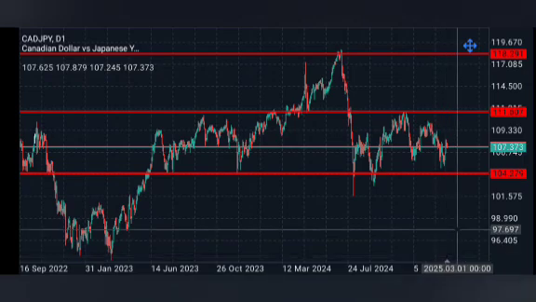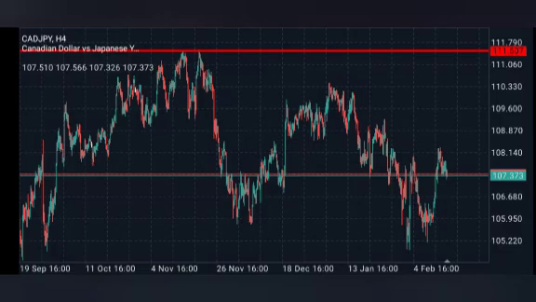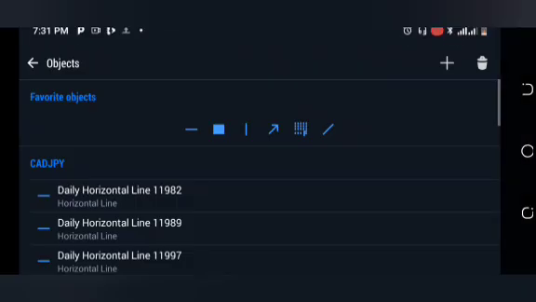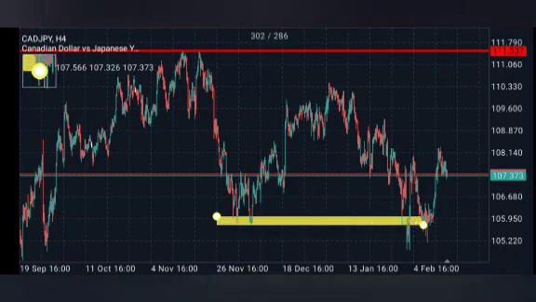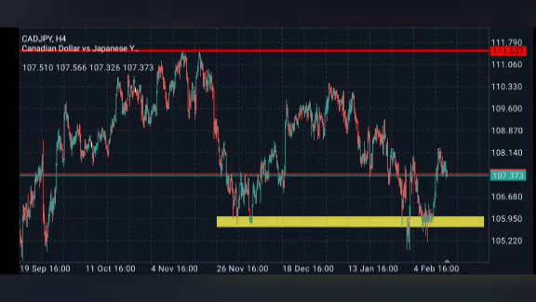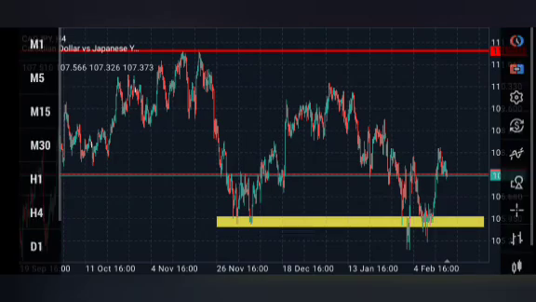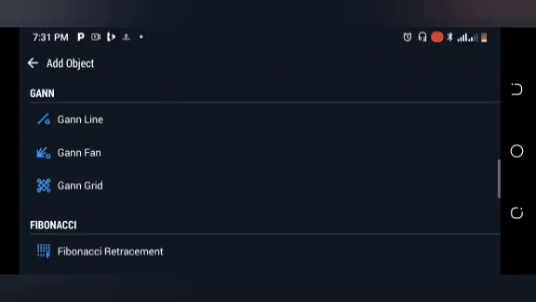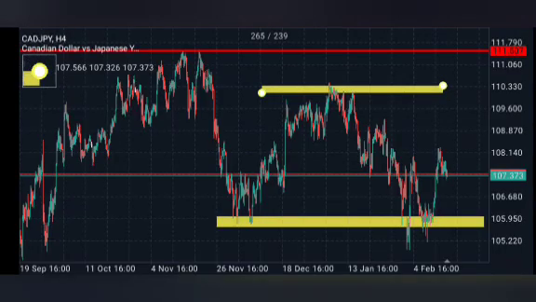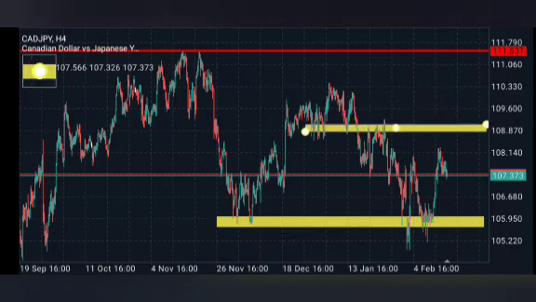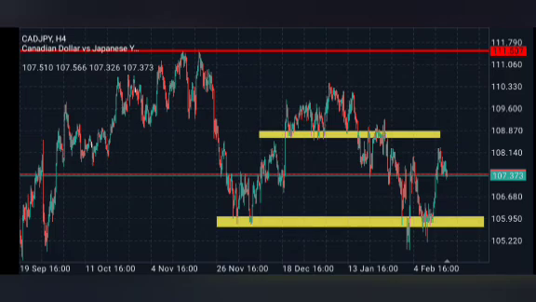But for now, we're just looking at what the market is doing, and we're preparing and getting ready for what the market is doing. So go to the 4-hour time frame. Okay, so I see this zone here drawn out perfectly. Yes, and there is another one here. I see this one right here.